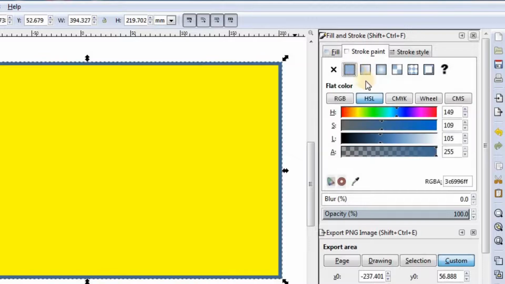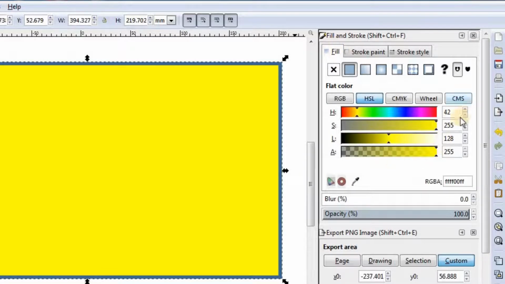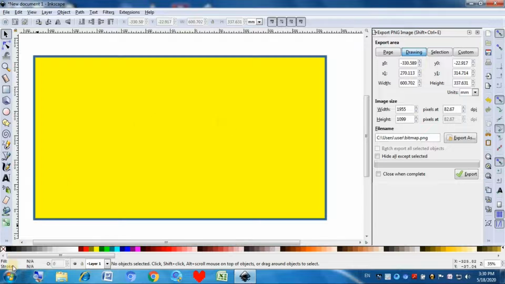And I am going to tell about these gradient options pretty soon. Now, how to make the color like two tones. So first I am going to talk about the linear gradient. First you have to go to Fill and Stroke. I have already opened it, but just open it again.